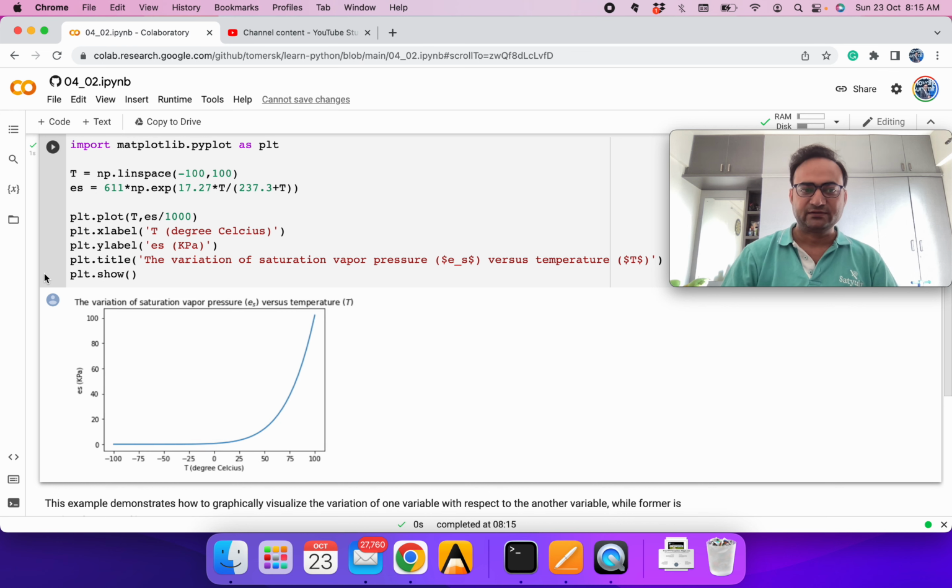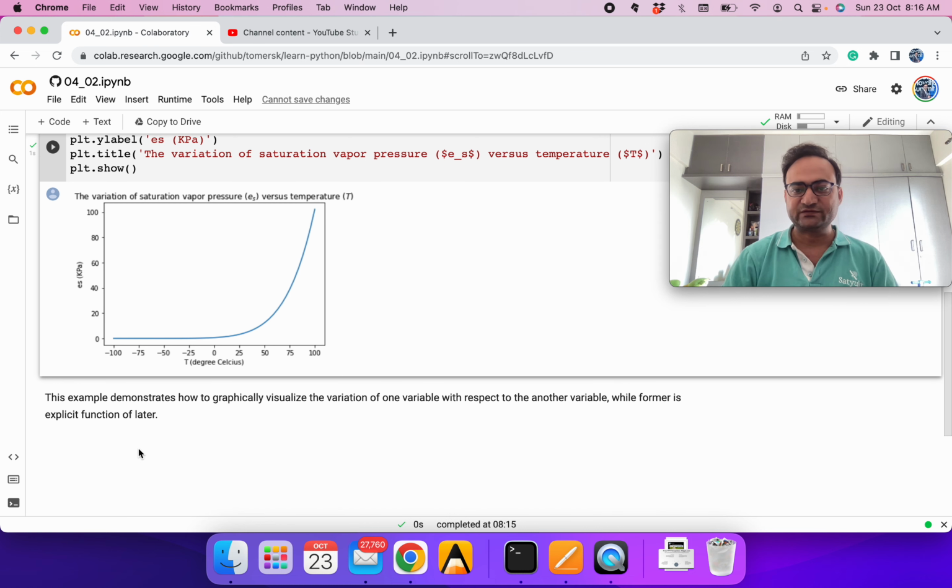You can see that when the temperature is around what we typically have on earth, the pressure is about 100 kilopascal, not Pascal. And we can see there is not much difference relatively when temperature is between close to minus 100 and about 10-15 degrees, but after that there is a large difference. We can make a log plot also, and other kinds of plots, which we will discuss later.